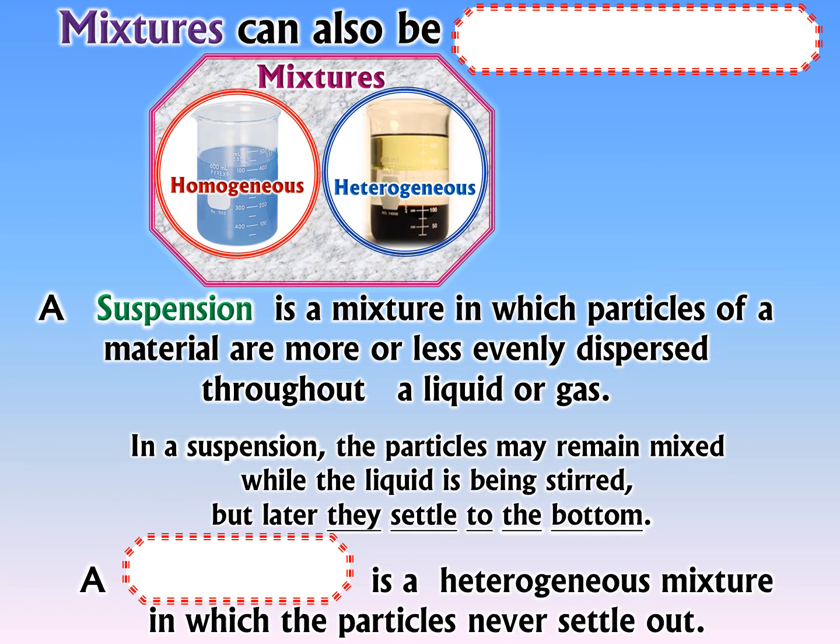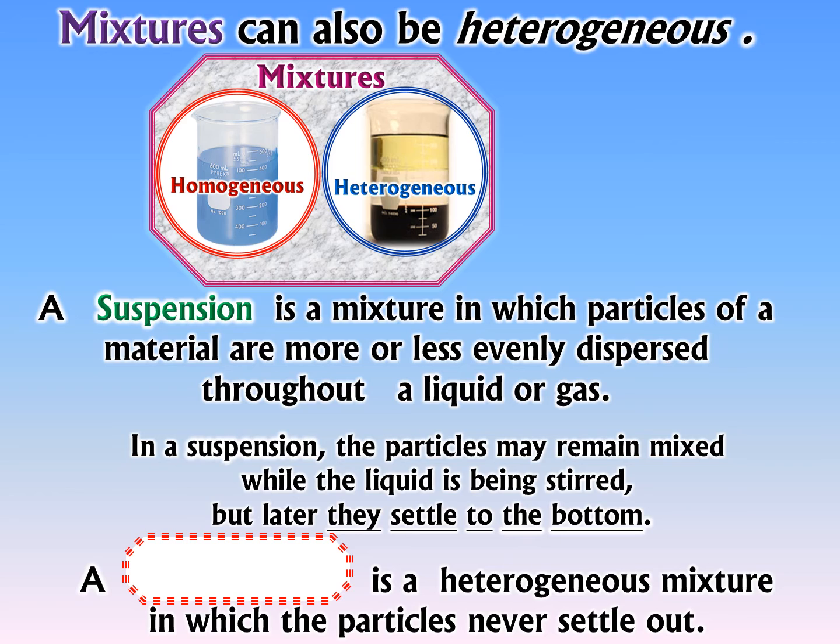However, mixtures don't have to be solutions. Mixtures can also be heterogeneous because not every two chemicals will mix. We'll talk about the reasons later, but some chemicals just don't make a solution together. They're insoluble. Well, if that happens, you might get a couple of different situations. One of them is what we call a suspension. A suspension is a mixture in which particles, usually larger particles, are pretty much evenly dispersed, pretty much looking homogeneous,